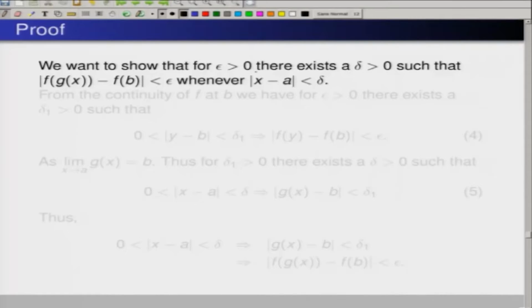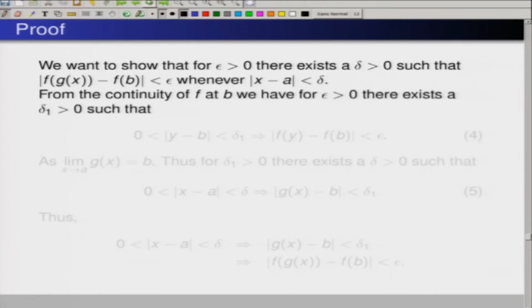So, the proof is that we want to show that for epsilon positive there exists a delta greater than 0, such that |f(g(x)) − f(b)| < epsilon whenever |x − a| < delta. Now, from the continuity of f at b, f is continuous at b. Therefore, for this given epsilon there exists a delta 1, the continuity means the limit is going to be